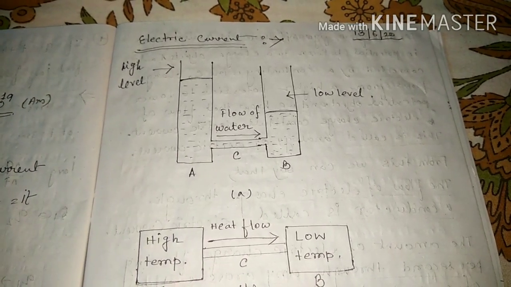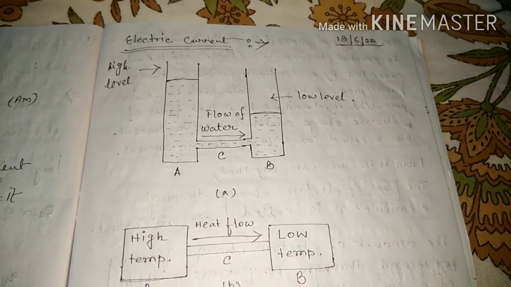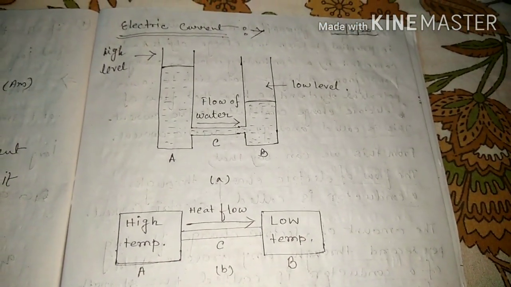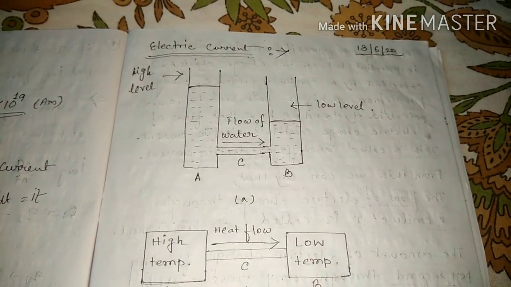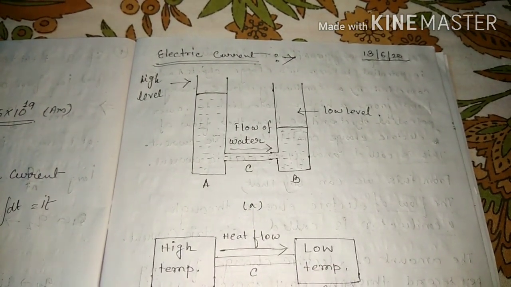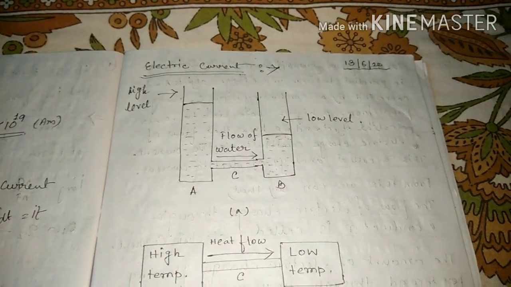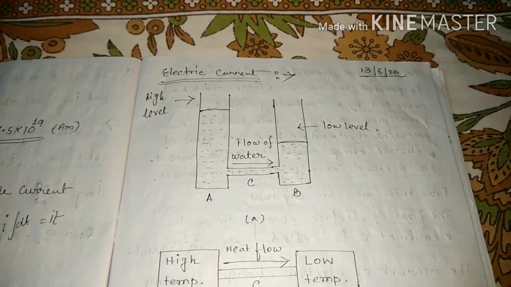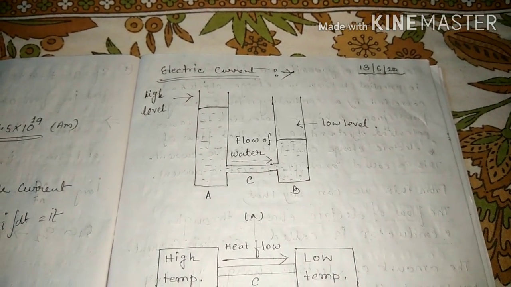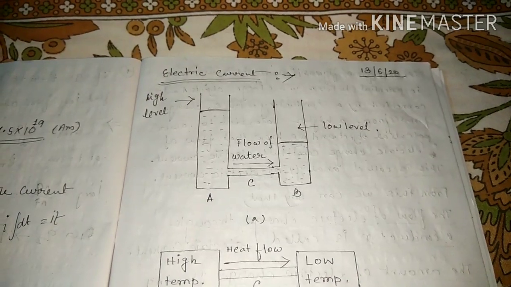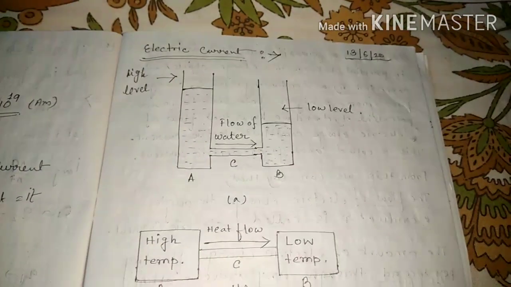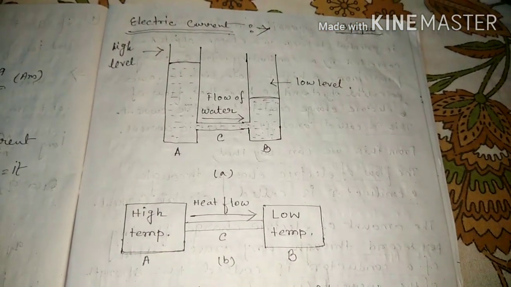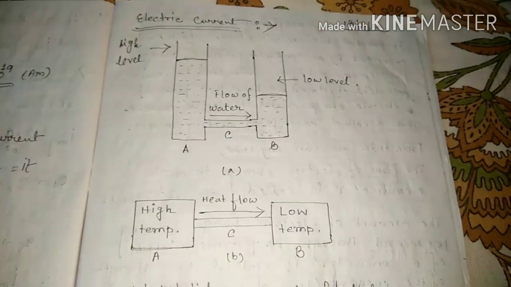In the previous video, we discussed electric current, variable current, constant current, and two ways we can define the current: conventional current and electronic current. I also told that today in this video we would discuss electric current density. But later, I thought that before we discuss electric current density, first we have to know the idea about electromotive force or EMF. That's why I made this video all about the electromotive force. Okay, so let's start.